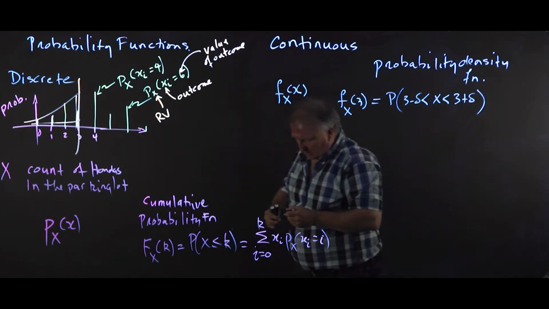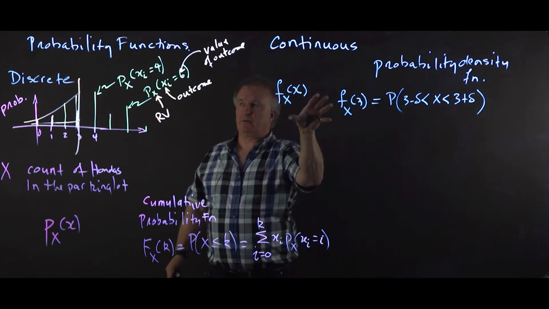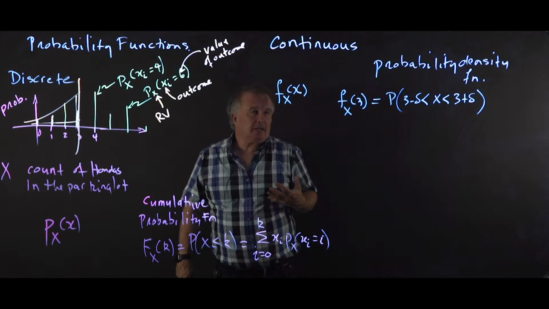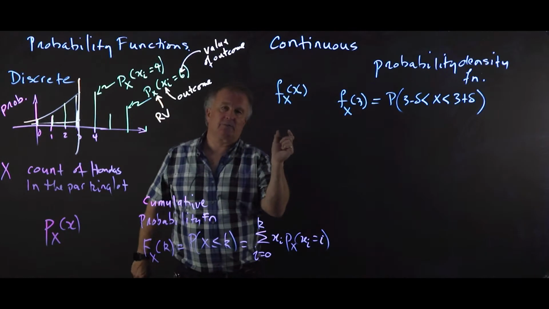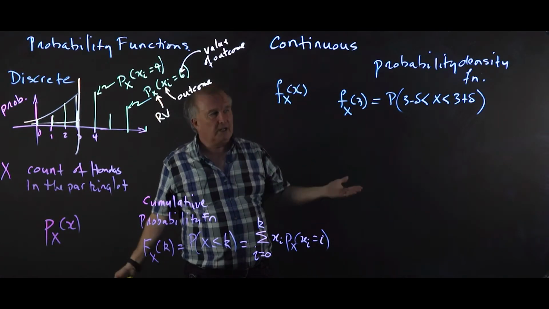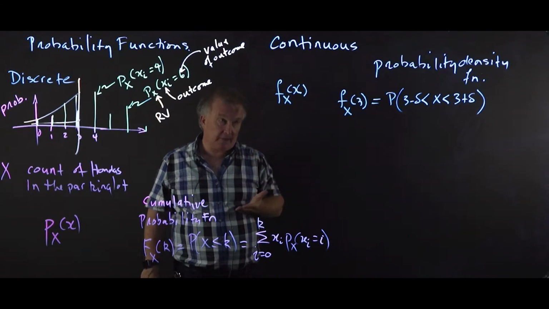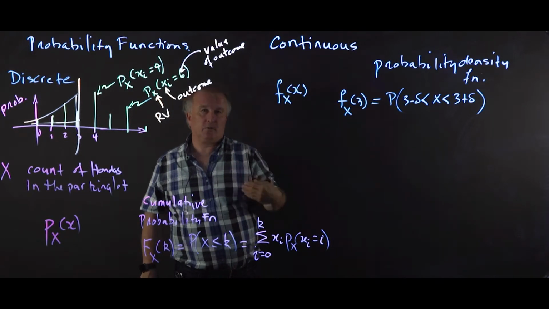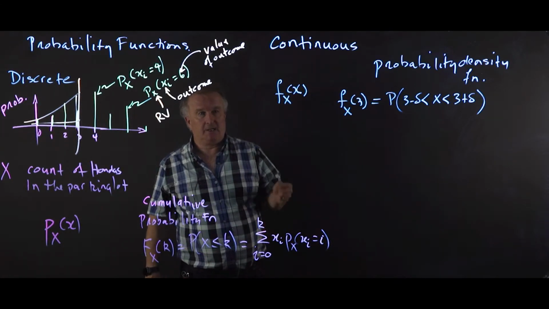So one of the tricks with continuous random variables is that the density function, which is the continuous equivalent of the discrete probability function, its values, if I talk about fx of 3, it talks about the probability of being in a small infinitesimal neighborhood of 3. Why is that? Well, the reason is that for continuous random variables, the probability that a continuous random variable is equal to exactly 3 is 0. And the reason for that is that if the probability that a continuous random variable equals 3